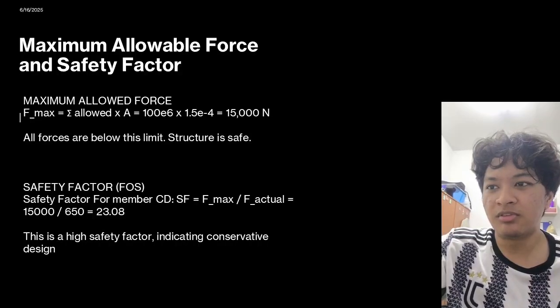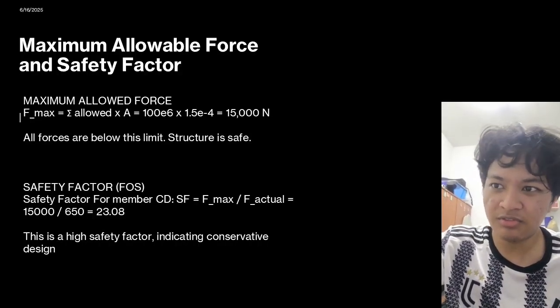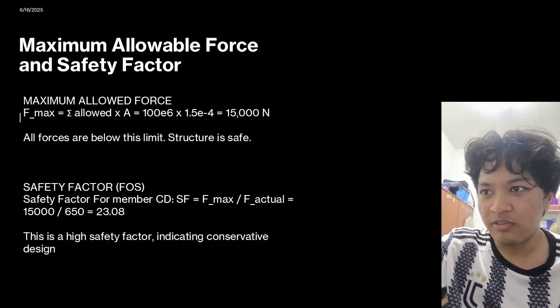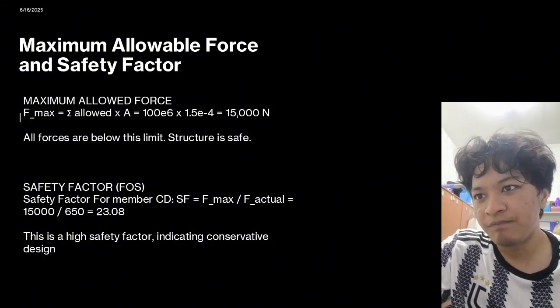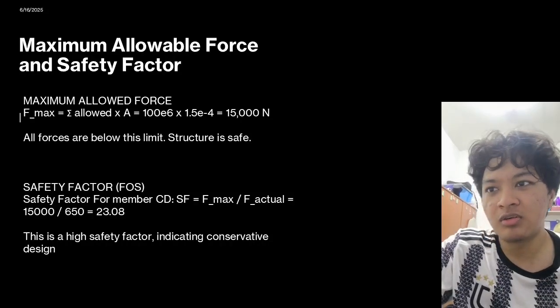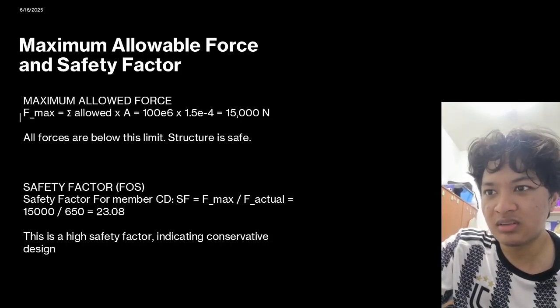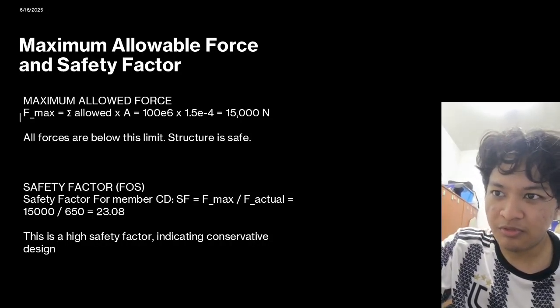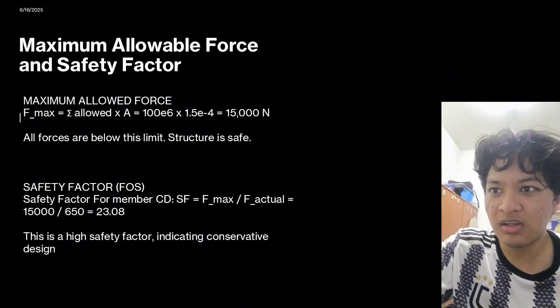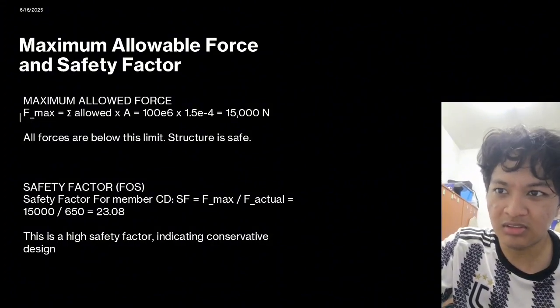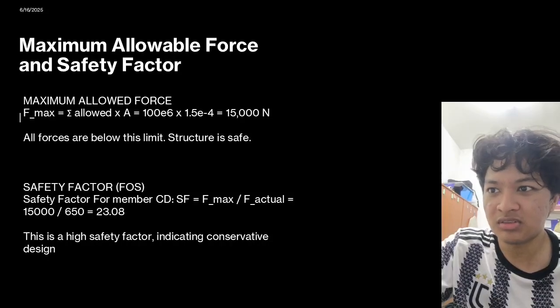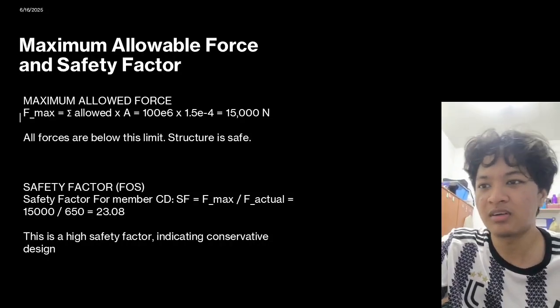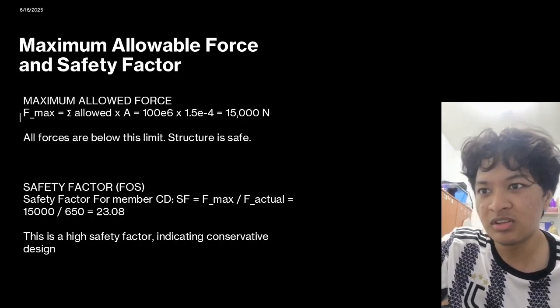Next, maximum allowable force and safety factor. Fmax equals total allowed stress times A, which equals 100 exponent 6 times 1.5 exponent negative 4, and we get 15,000 Newton. All the forces that have been calculated above are below this limit, so the structure is